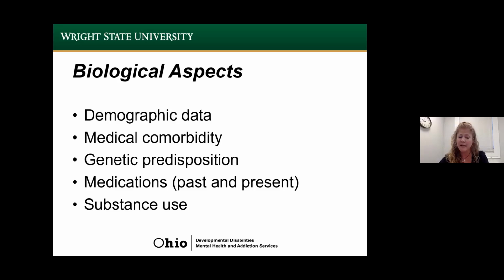If there are medication trials, we have second opinion assessments that are available through the CCOE, and it's really critical for us to have a list of medications that have been tried in the past, anything specific that happened with those medications, important pieces of information, adverse drug reactions, allergies, etc. And of course, if there's any substances used in the past or acutely or currently, we want that information as well.